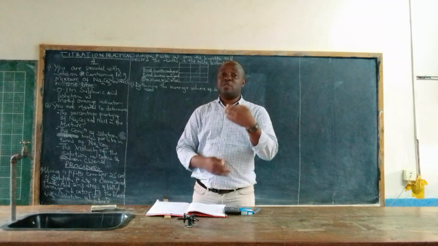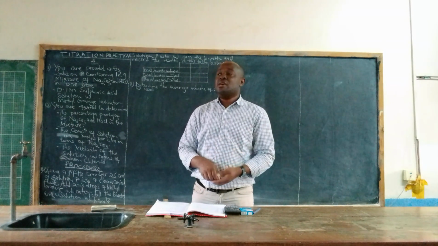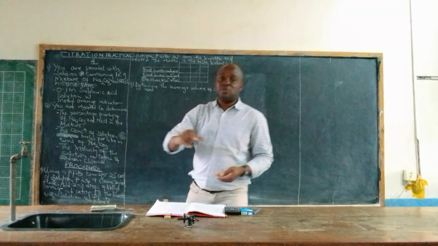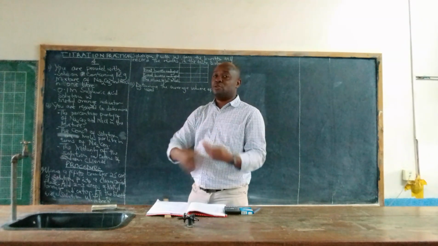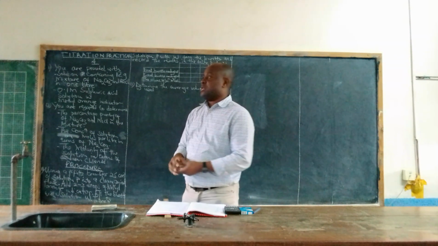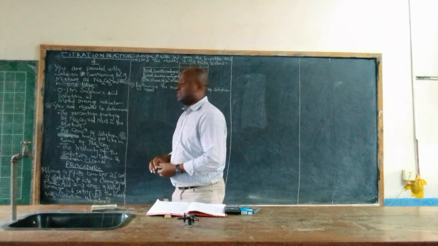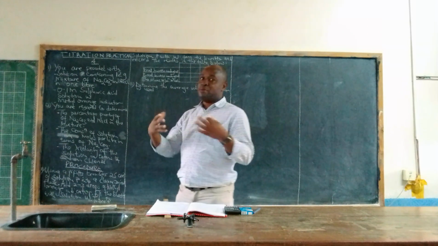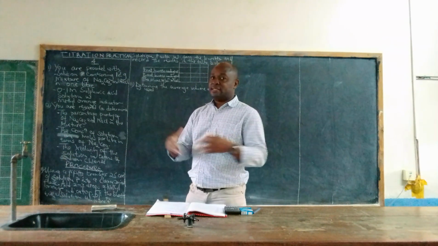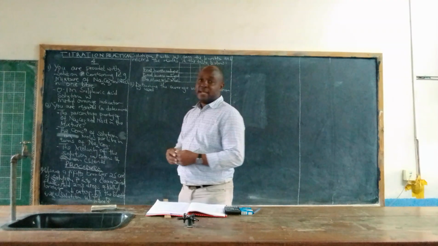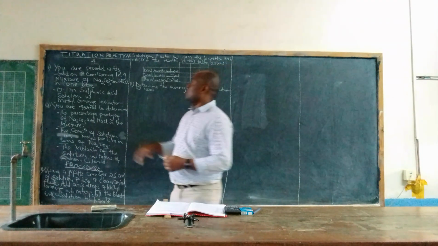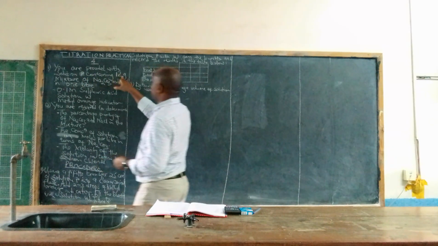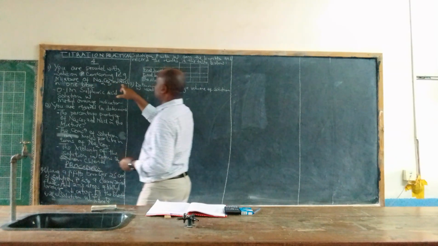Today we are going to continue with our series of chemistry. Now we are going to Titration Practical 4, and we are going to demonstrate how a titration practical is done. It's just a demonstration, but I hope we will be able to understand each other as far as these practicals are concerned. You are provided with solution P containing 12 grams of a mixture of sodium carbonate and sodium chloride in 1 liter,